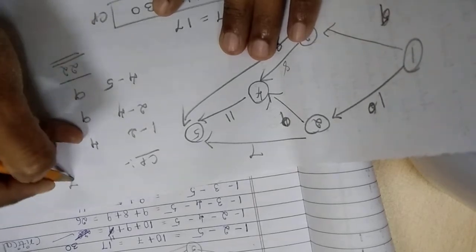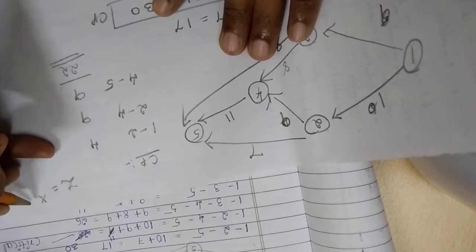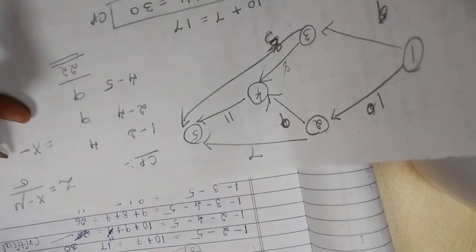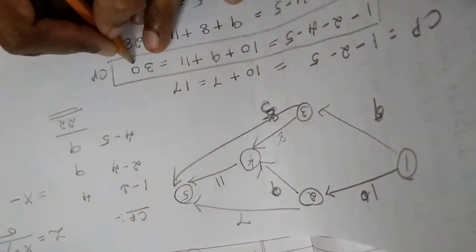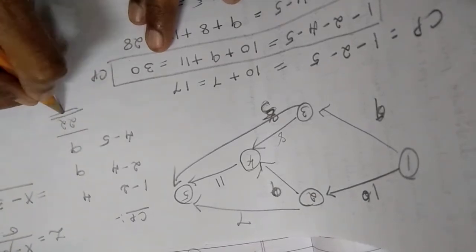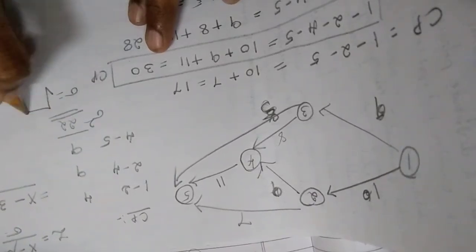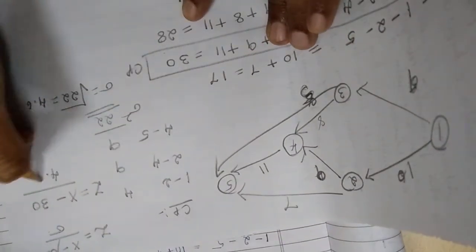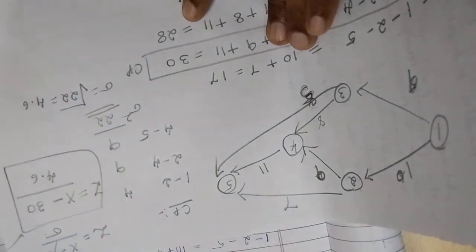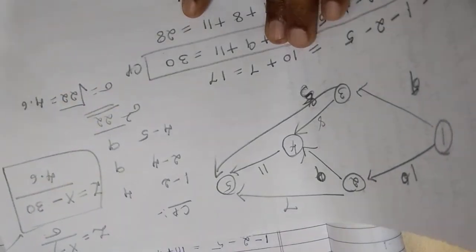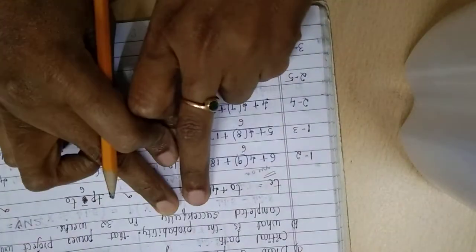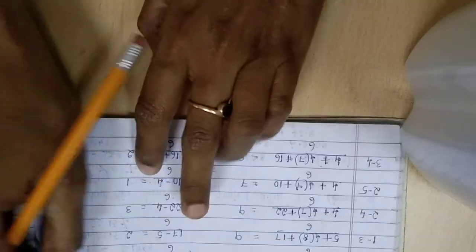Now let us work out the standard normal variate, which is x minus mu divided by standard deviation. So x is an unknown, minus the mu is nothing but the total duration in the critical path, that is 30, divided by the standard deviation. I have to take the square root of the variance, which works out to 4.69. So the z is given as x minus 30 divided by 4.69. This I have to use for the computation of the standard normal distribution. Now here you are asked to calculate the probability of the project getting completed in 32 weeks.